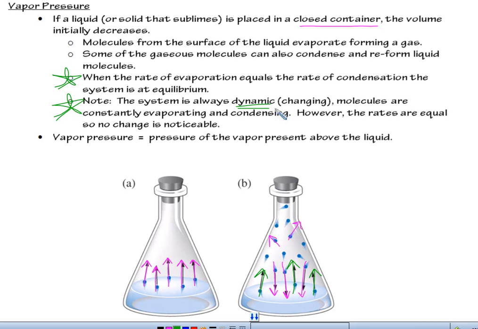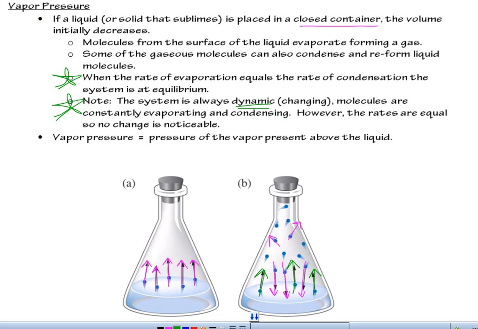So eventually, we see this constant vapor pressure because there are no excess particles entering the gas phase. They're going gas, liquid, gas, liquid, gas, liquid at the same time. And that's when we measure the vapor pressure, the pressure above the liquid, once the rate of evaporation and condensation